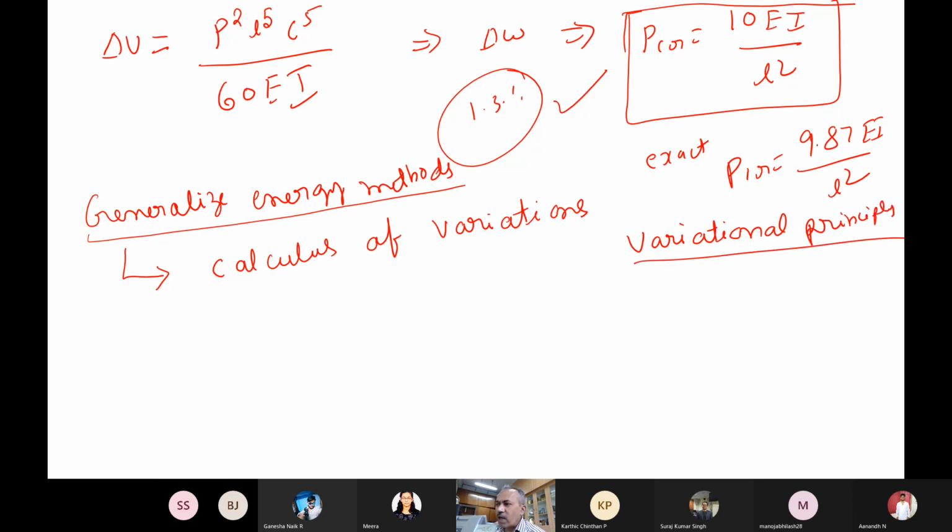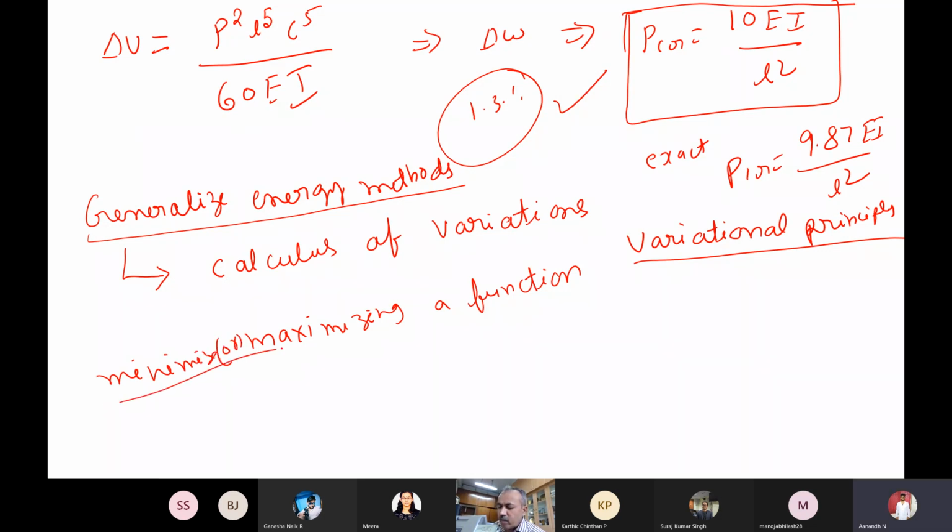Now, what does calculus of variations do? Generally, calculus means we try to find the maximization or minimization of a function. You followed? What do you do in maximizing or minimizing a function? We set the derivative to 0. We take a derivative like dy by dx, and then we find where it is 0, and then we find the maxima, minima, and all other things.